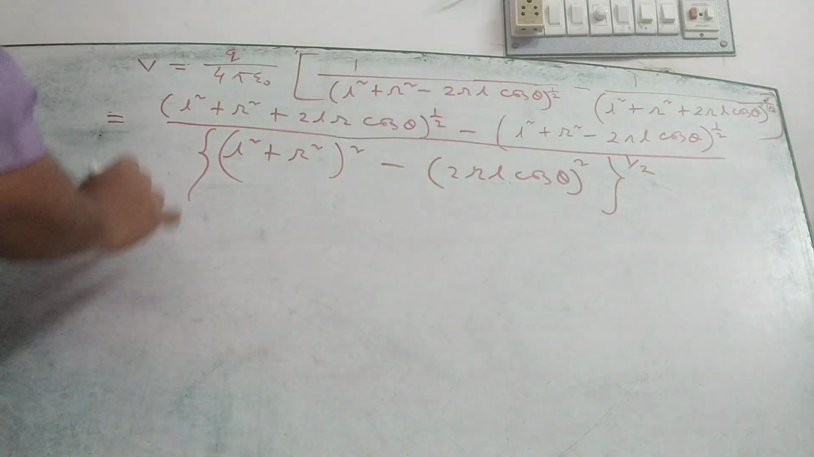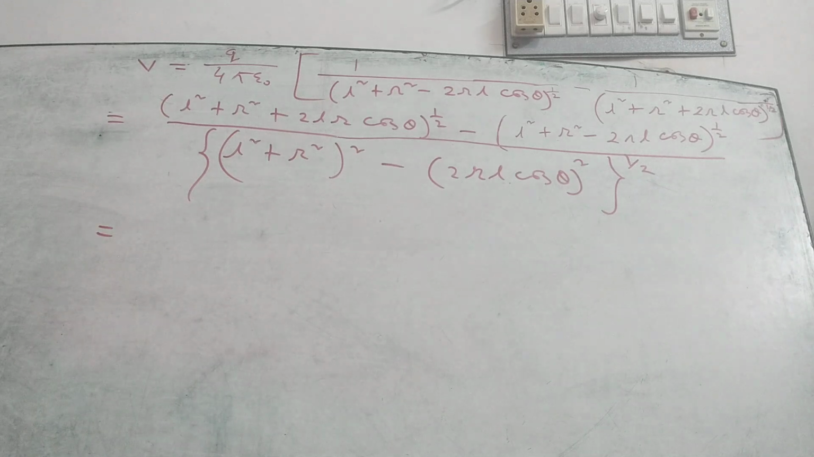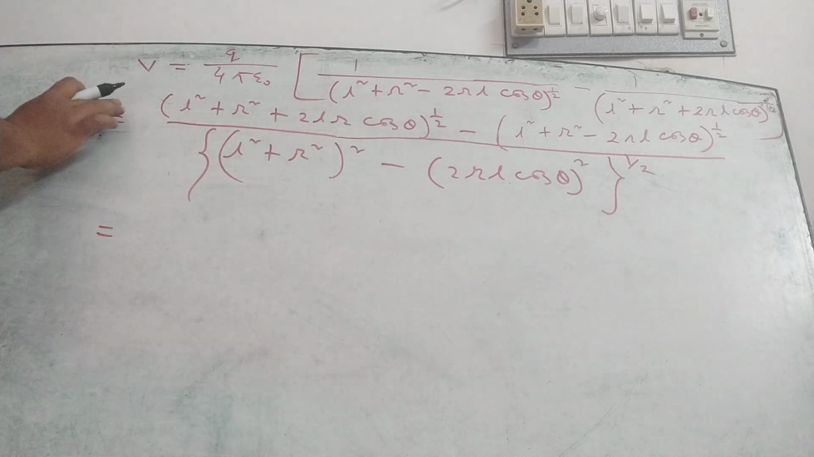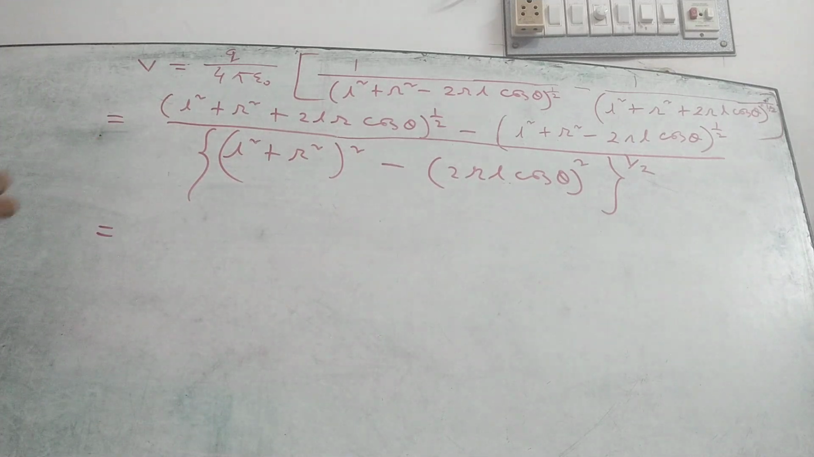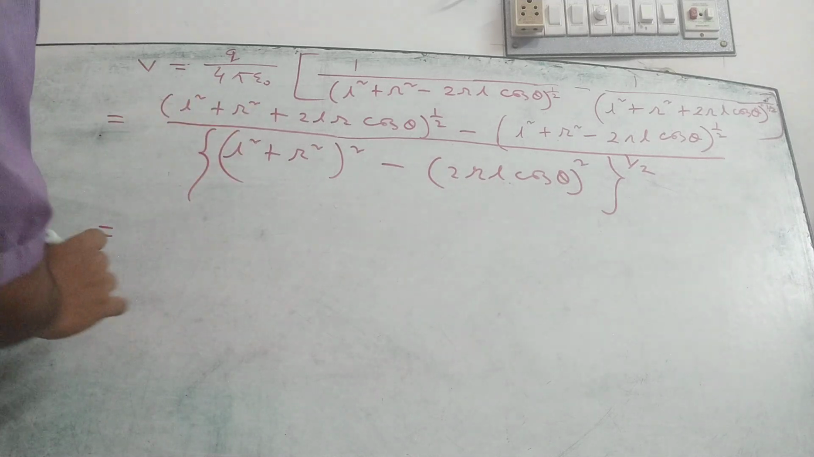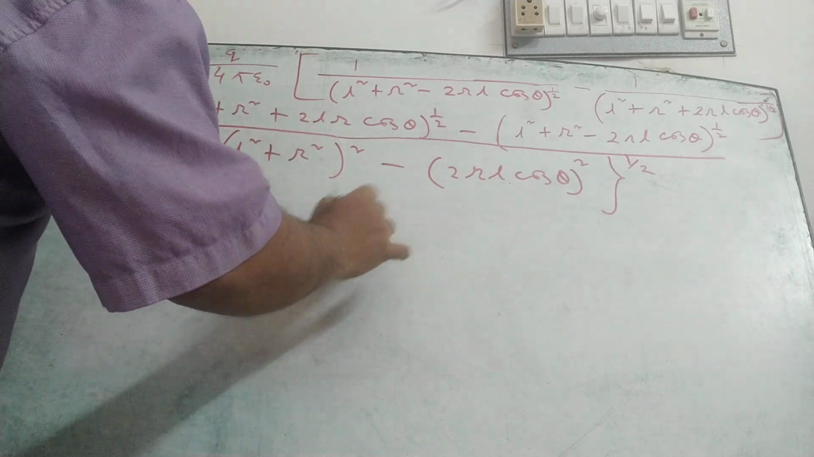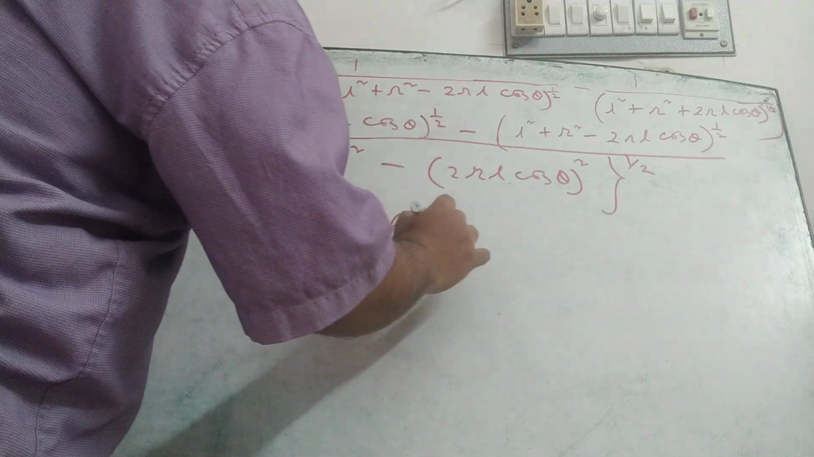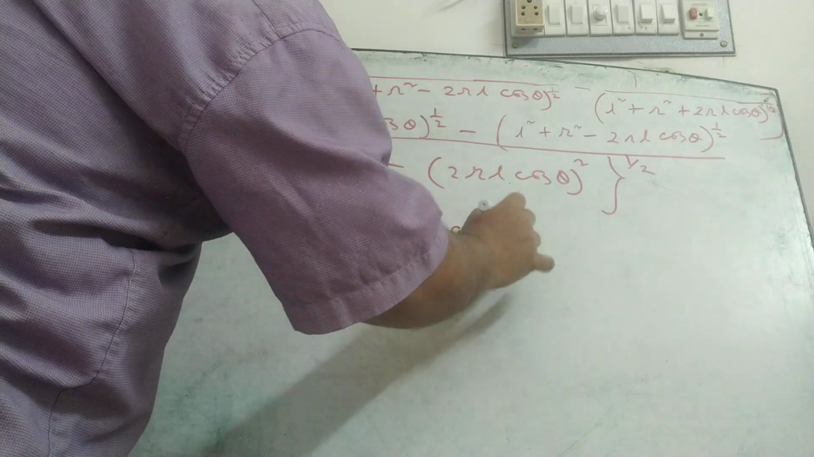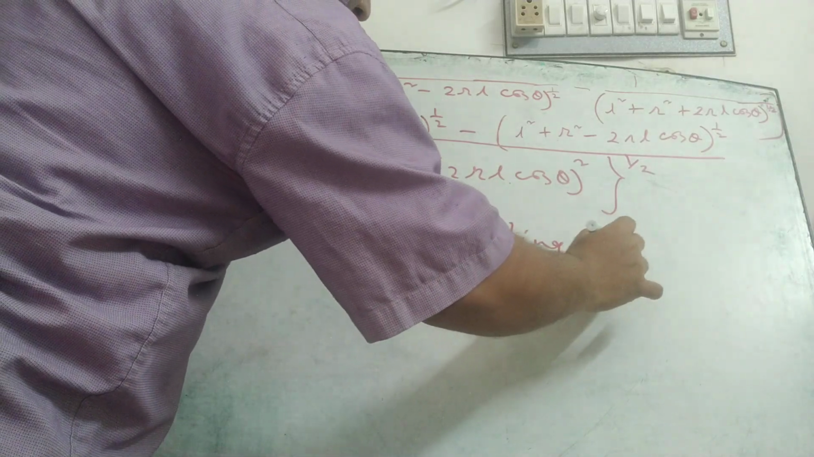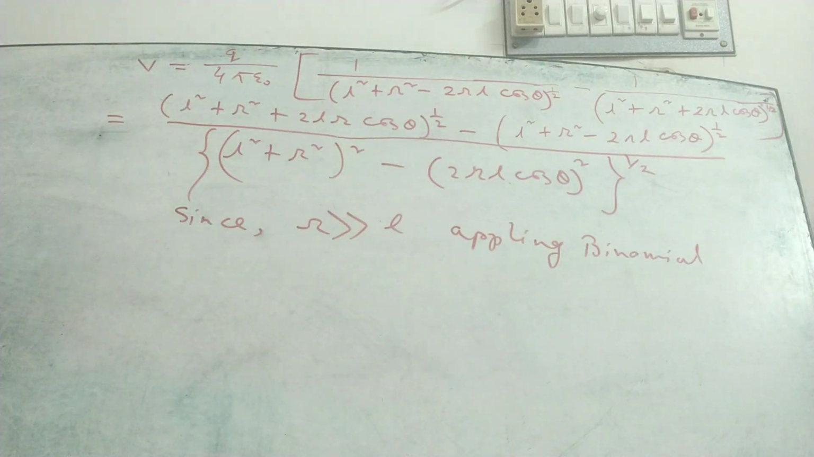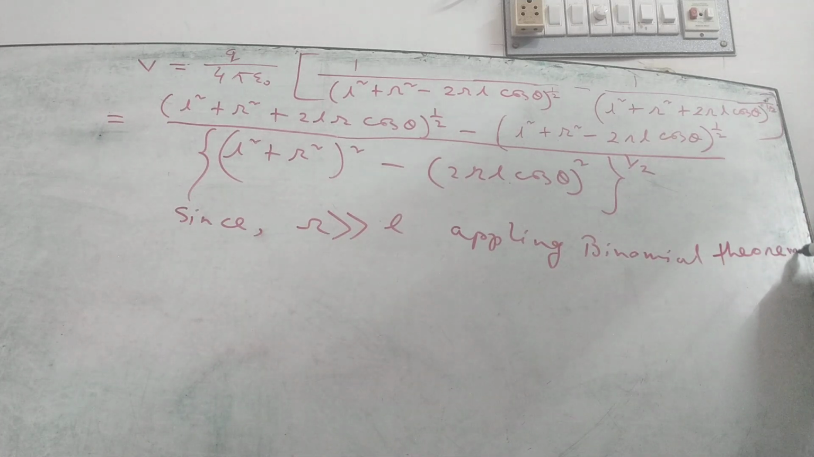Now, by applying binomial theorem and neglecting the higher order terms, since R is excessively greater than L, we can write